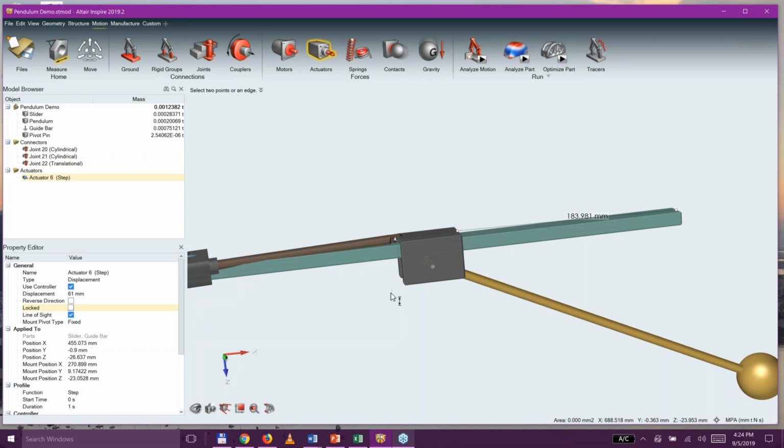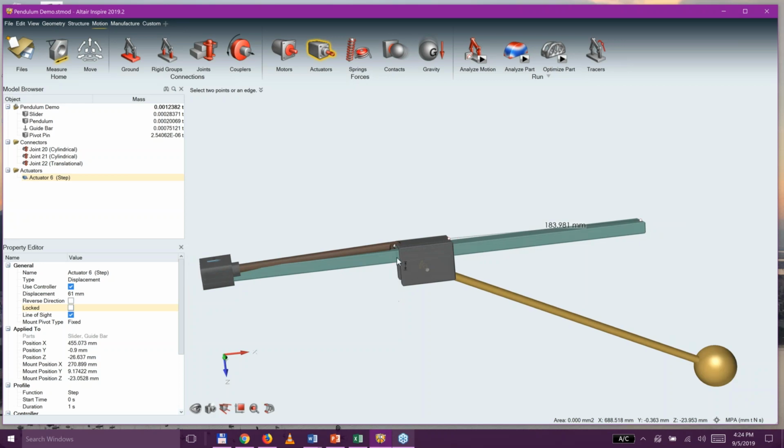And then if I do this right now, not much is going to happen, because as it pushes this out, it's going to want to reorient itself, but my pivot is fixed, which means it has to stay in that orientation. If I make it a revolute, that will just allow the end of this to revolve. And now if I analyze the motion,